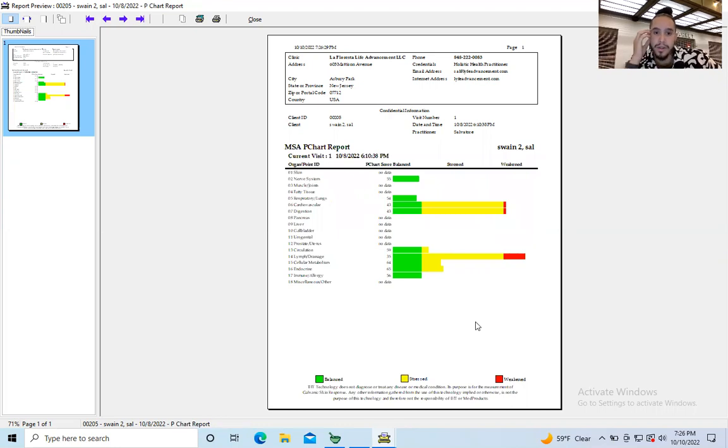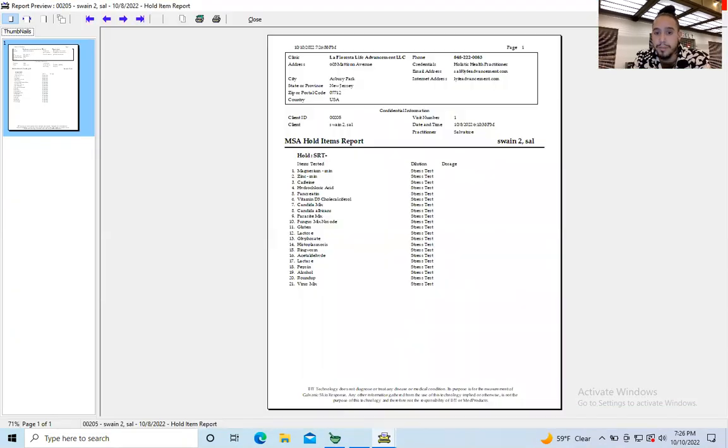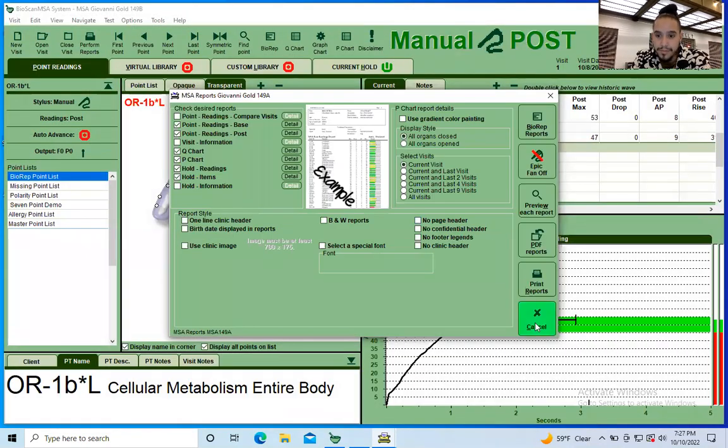Here is my P chart, which shows me just more of the data and where to focus on more, just like the Q chart. This is my overall screen. So as you can see, pretty healthy individual, tested green for a lot of different things. The red means that there's some kind of sensitivity. So is candida, low hydrochloric acid, and that was pretty much all that came up. Pretty healthy individual. So that is pretty much it. With this, I would punch this out and